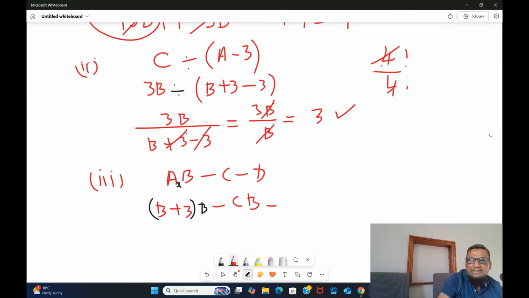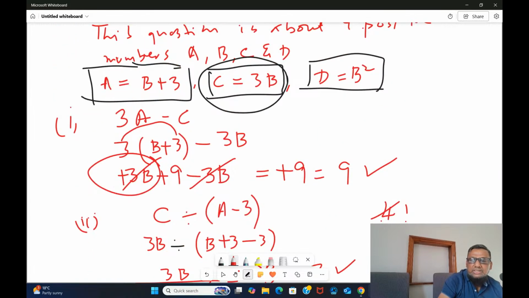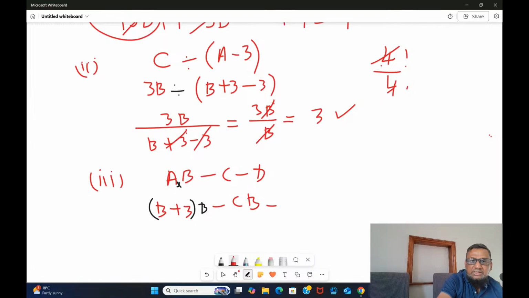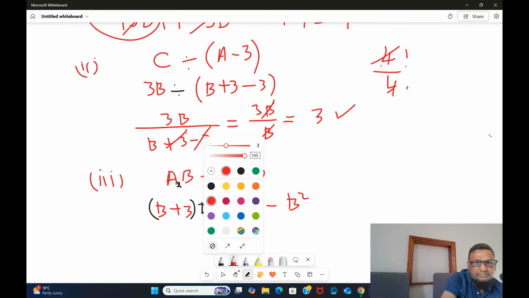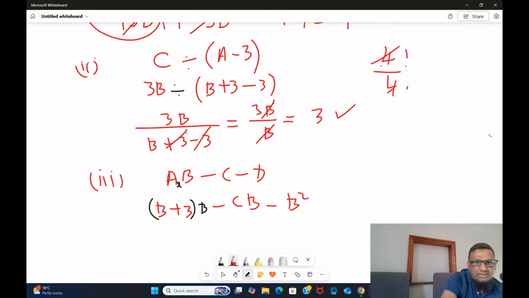And check the value of d. The d value is b squared. Now first, we need to multiply with the bracket. So b times b is b squared, and b times 3 is 3b. It doesn't matter, you can write it here or here. So b squared plus 3b and